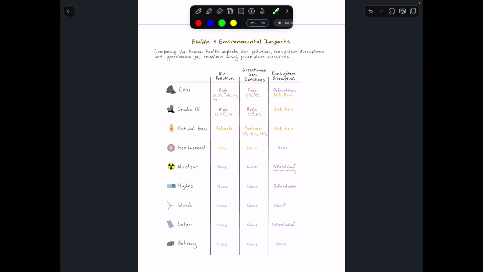And then for wind, wind power resources do not emit any air pollutants or greenhouse gas emissions during operation. And they don't have an ecosystem disruption, and I put a little star by there because there was something I wanted to mention. Across the world, but especially in the United States, there has been some publicity around wind turbines